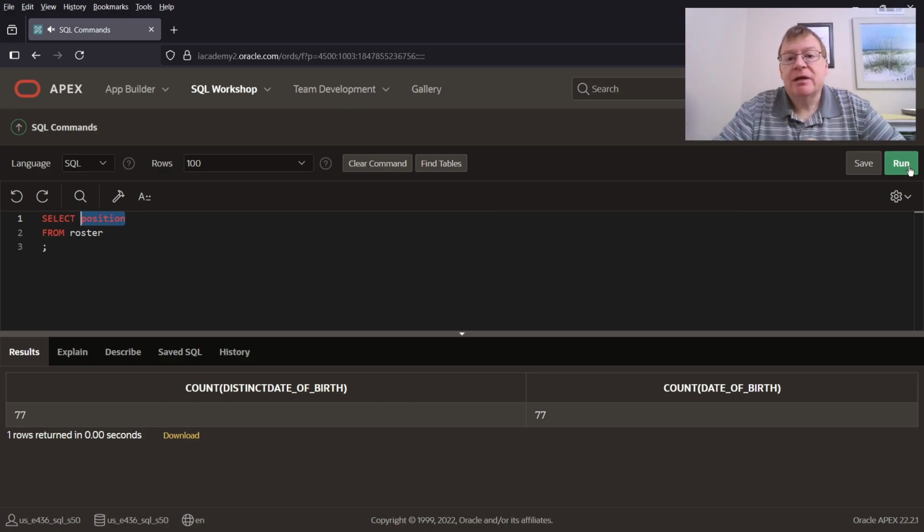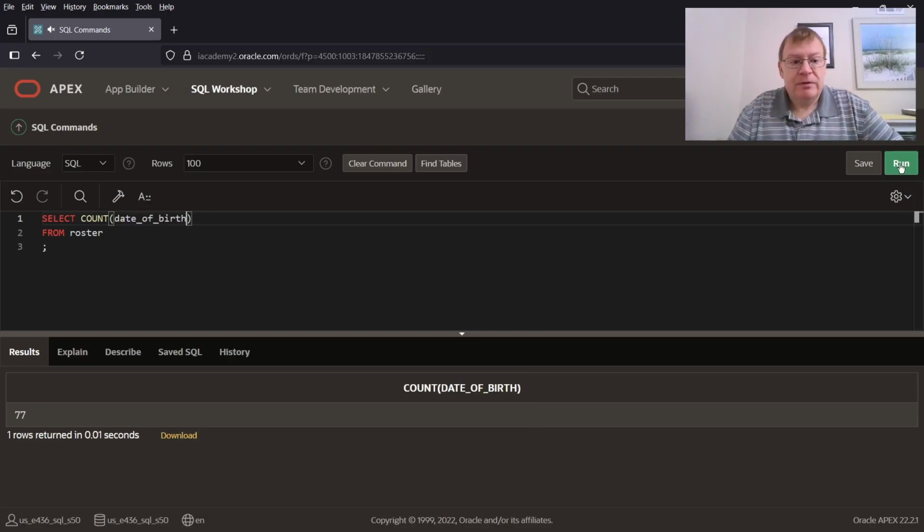So let's move on to something using another field. Let's take a look at our date of birth. We see that we have 77 values. Now, what if we wanted to find out if any players on the team had the same birthday? Not just, they're born on the same, like March 2nd or whatever. They're born on literally the same day, same year, same everything. So we can do that and figure that out pretty easily